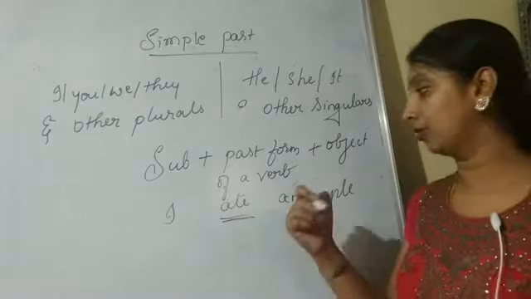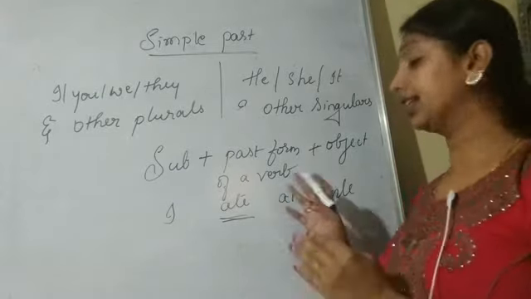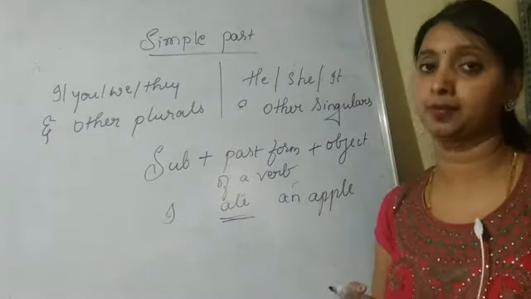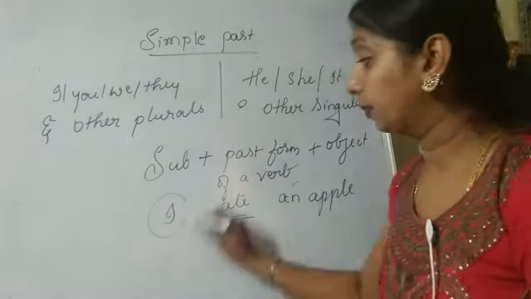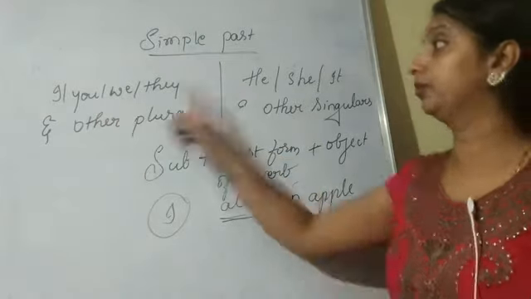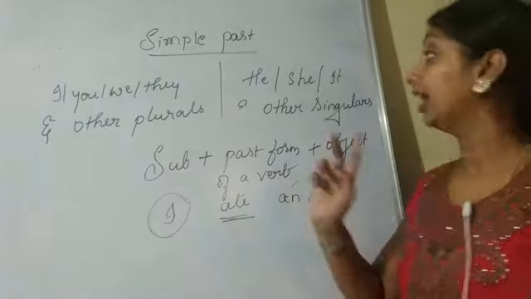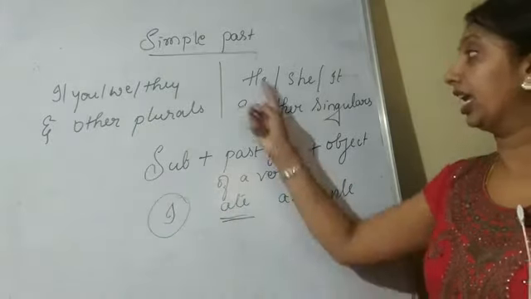I ate an apple. So, what is the present form of this ate? Eat is the present form of ate. I eat an apple means it is a present tense. I ate an apple means it is a simple past tense. Now, in this place, I can use any word. You ate an apple. They ate an apple. My friends ate an apple. If it is singular, also say he